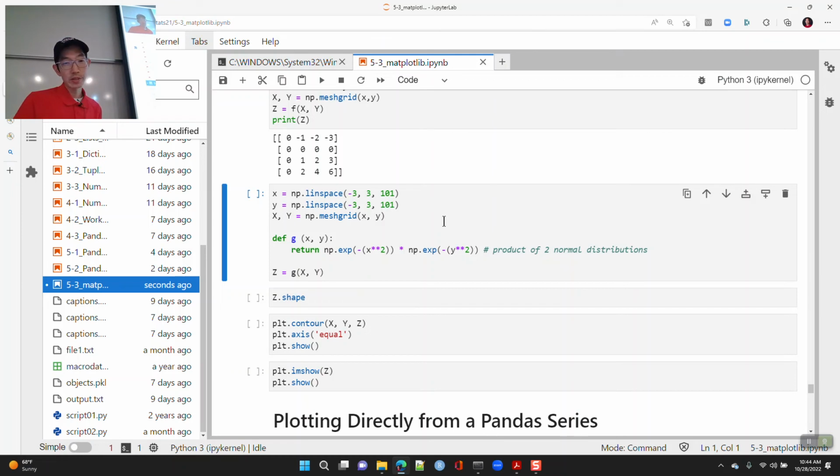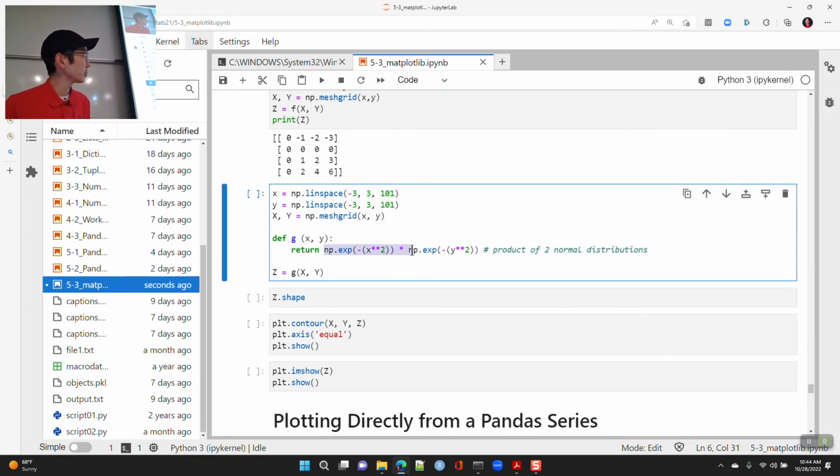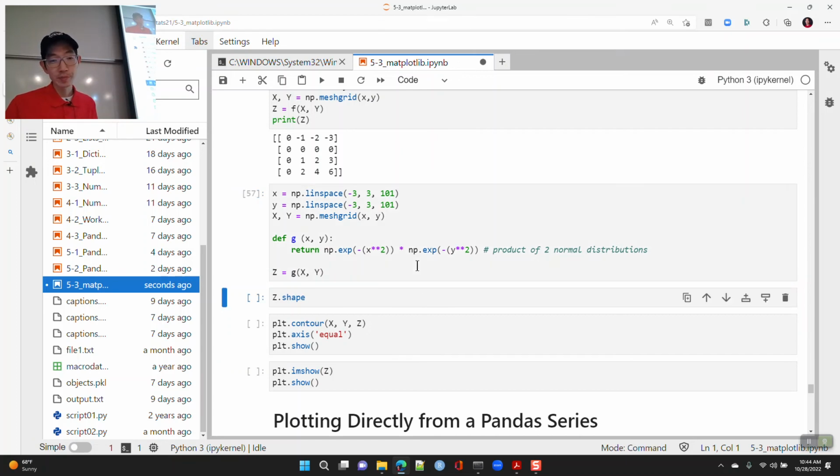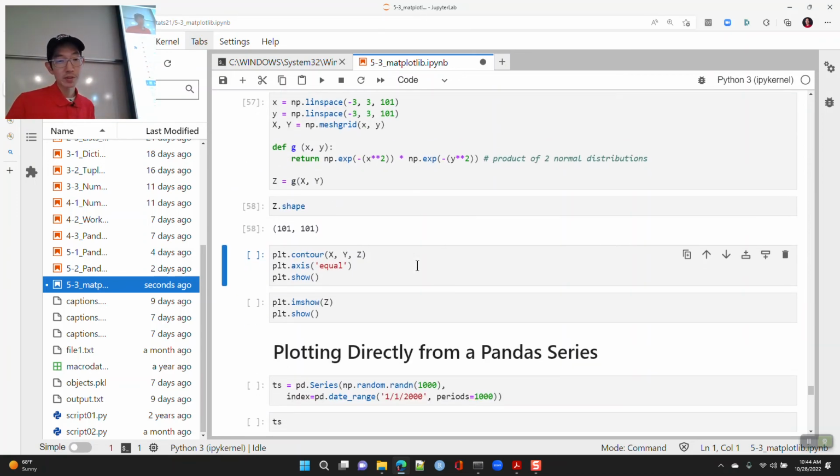So if we wanted to do this for a bigger thing, I'm going to create values from -3 to +3 for x, -3 to +3 for y, and then the function is going to be the PDF of 2 normal distributions here. So this is going to be a big grid, 101 rows, 101 columns, and there's a few plots we can do.